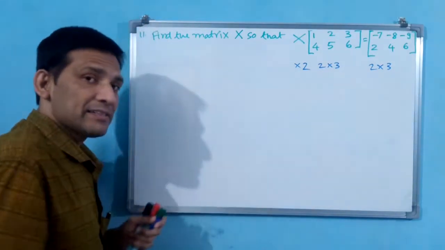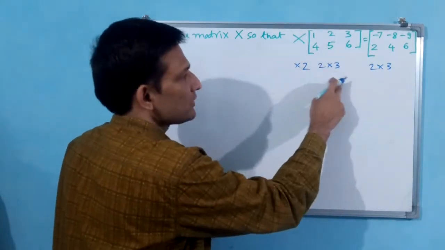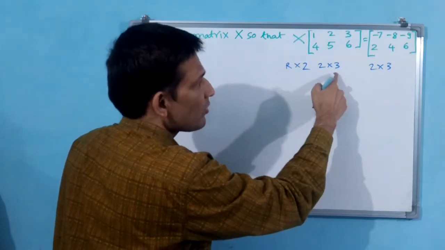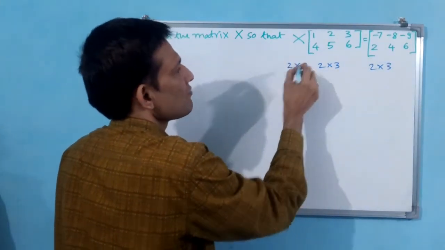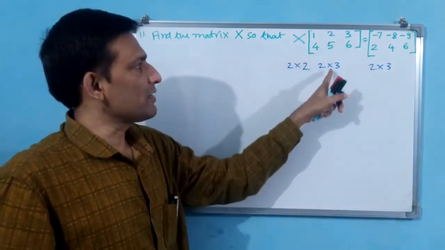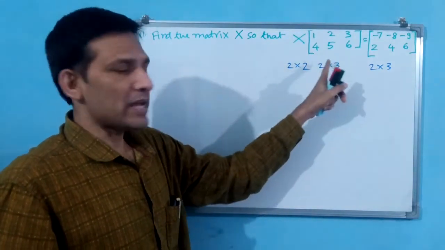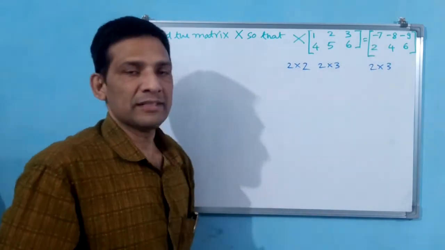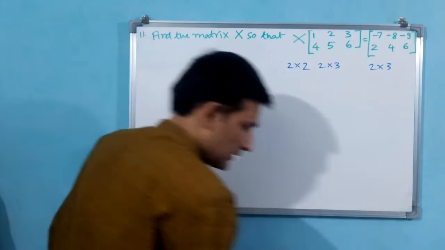But how does the result come? The resultant matrix is rows into columns. That means here the column is 3, okay, but how many rows? 2. That means here 2 has to come. That means X is a 2 by 2 matrix, then Y is already a 2 by 3 matrix. 2 matched, that is why we can do the multiplication, and the resultant will be 2 by 3. You see, 2 by 3 has come. Like that you have to see. That is very important.